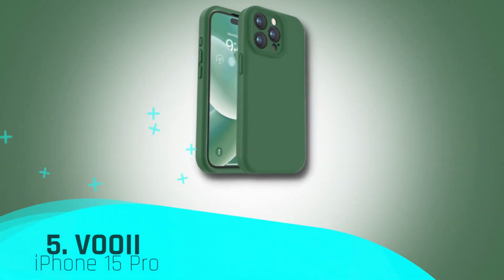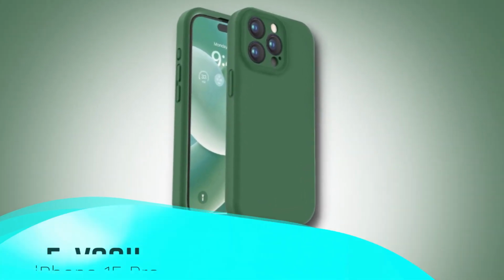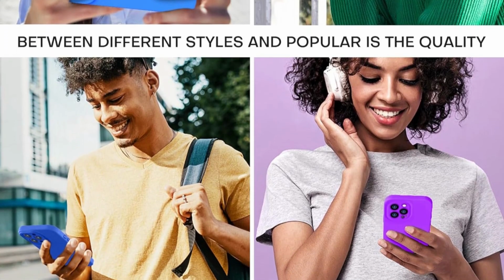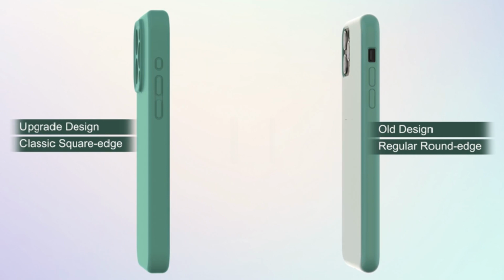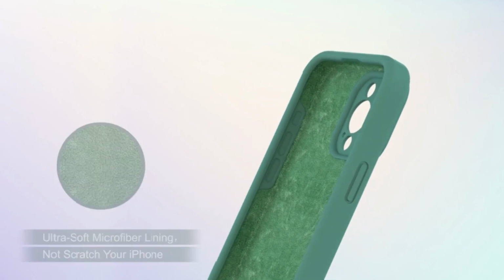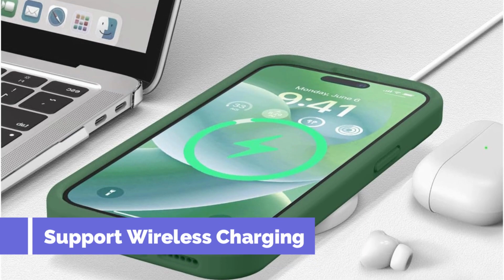Number 5 in our top today is the Vooii iPhone 15 Pro case. Enter the realm of unparalleled protection and style with the Vooii iPhone 15 Pro case, a true standout in the world of smartphone accessories. Boasting an Upgrade Defender liquid silicone construction, this case is not just a cover, it's a fortress for your device. The liquid silicone material provides a velvety touch while ensuring a secure grip, elevating both comfort